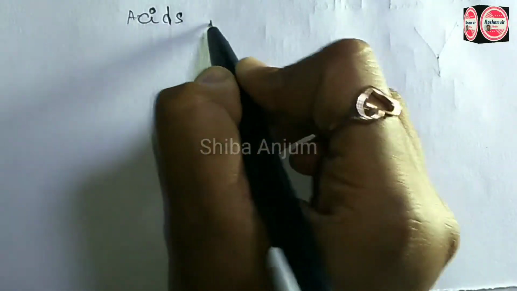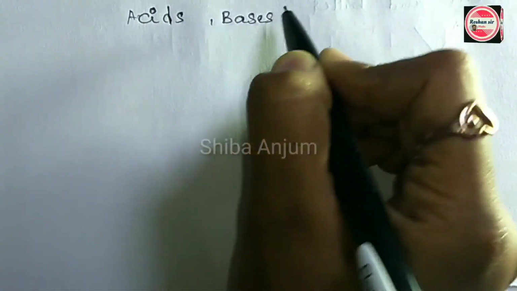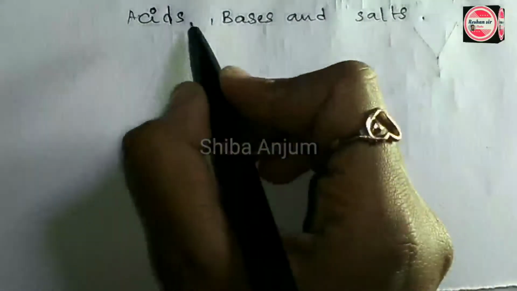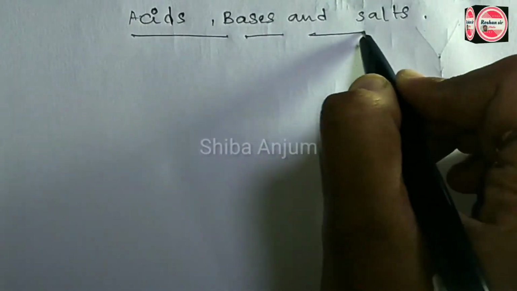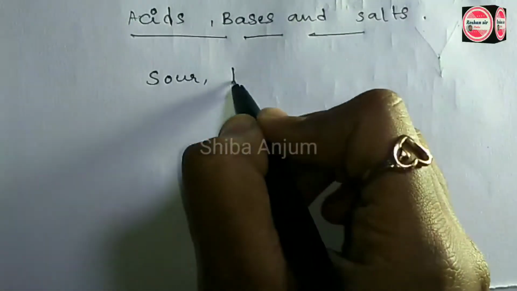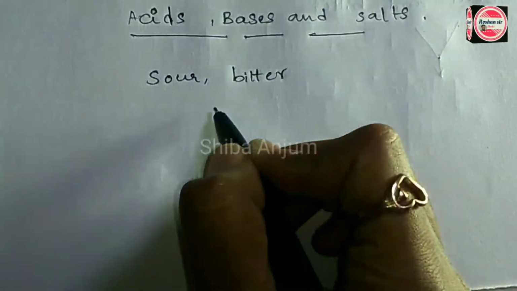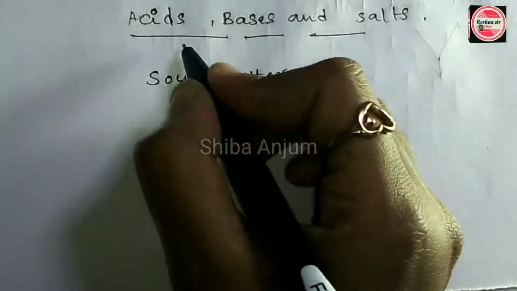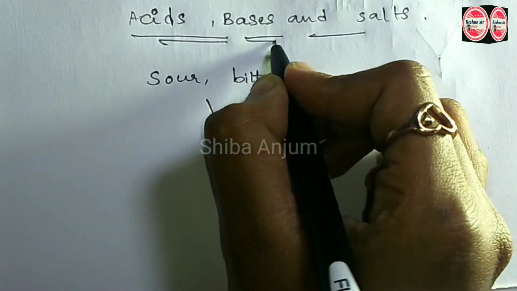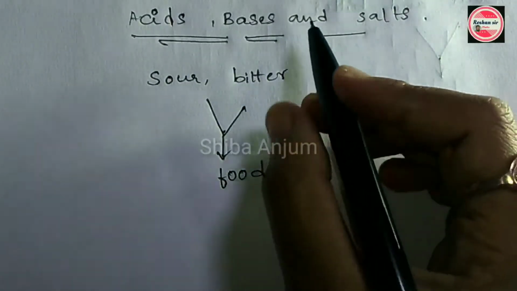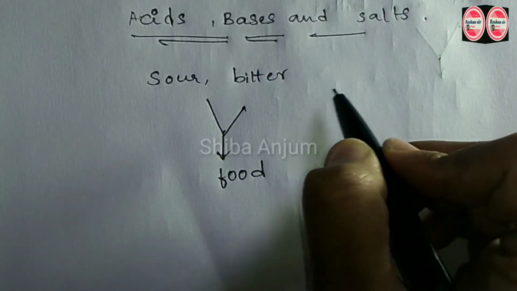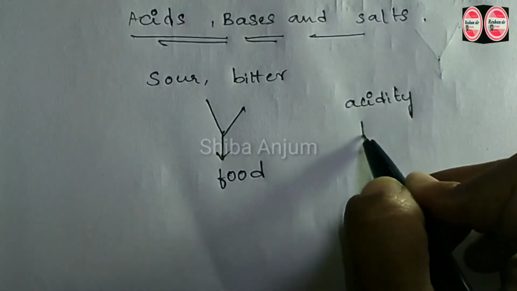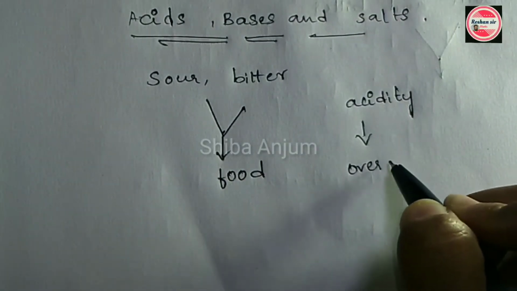Chapter: Acids, bases and salts. You have learned in previous classes that the sour and bitter tastes of food are due to acids and bases respectively present in them. If someone in the family suffers from a problem of acidity after overeating,